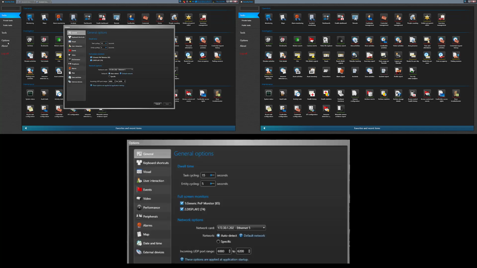First, I would need to put my security desk in full screen mode by pressing F11. Each screen should have its own security desk window. If one of your monitors does not have a security desk window, or you want to keep one monitor from being used by the security desk, click on the Home button, go into Options, and in the General tab, look under the Full Screen Monitors section. You can check or uncheck the monitors listed there to let the security desk know which ones to use when you go into full screen mode.